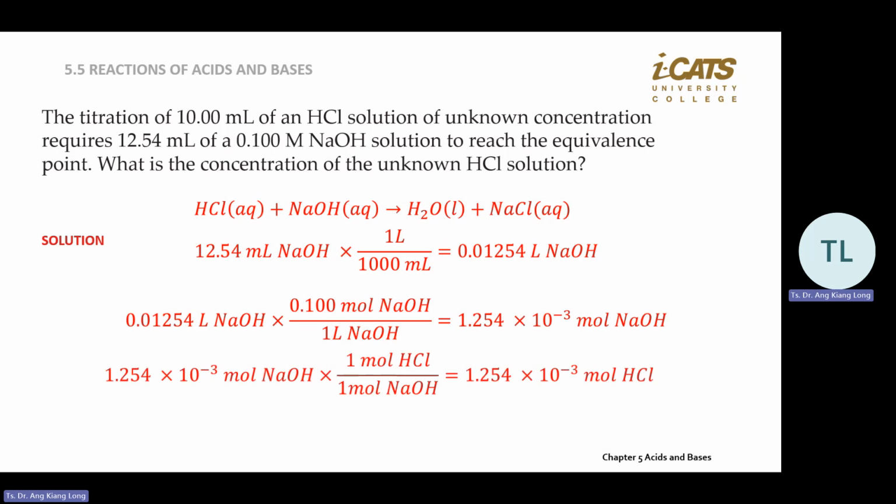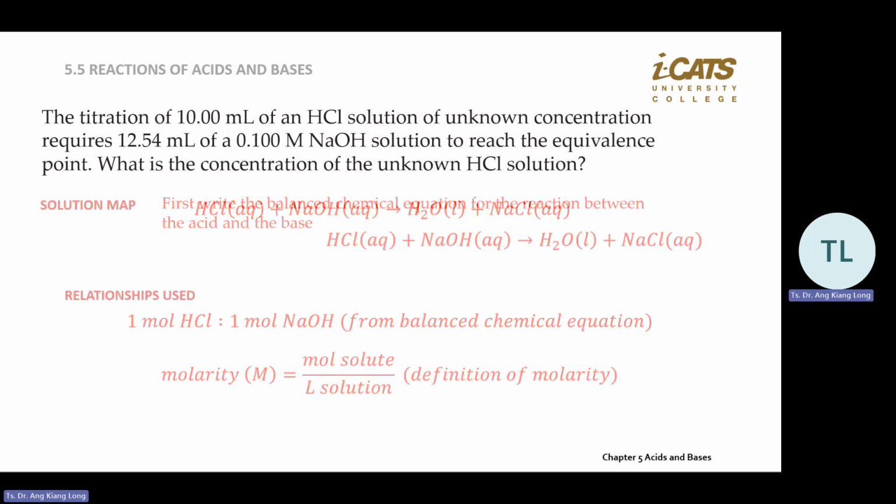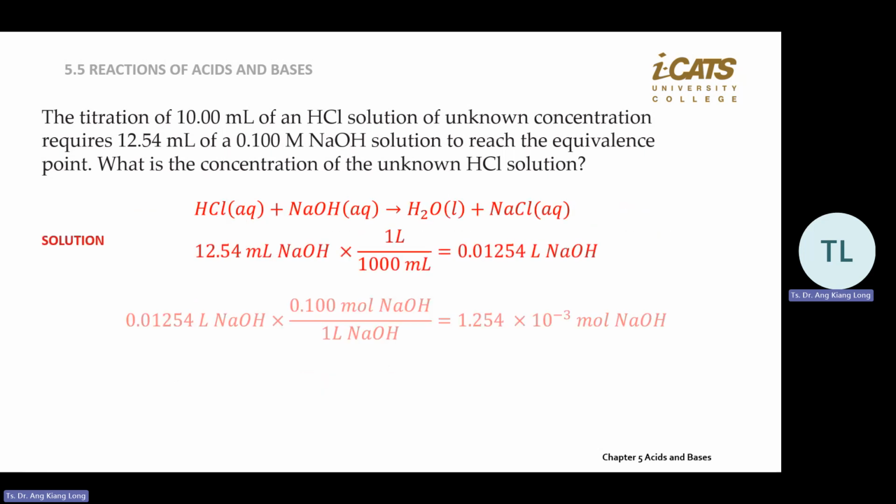You can skip these steps, actually. You can skip this line if you write this sentence. You write 1 mole of HCl to 1 mole of NaOH. Thus, you can write 0.1254 × 10^-3 mole NaOH